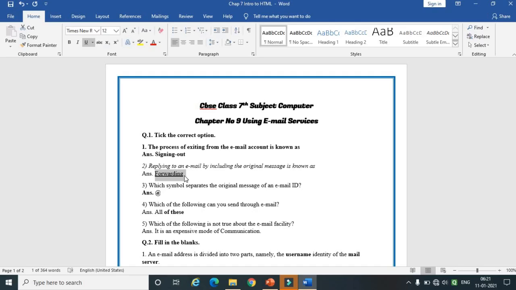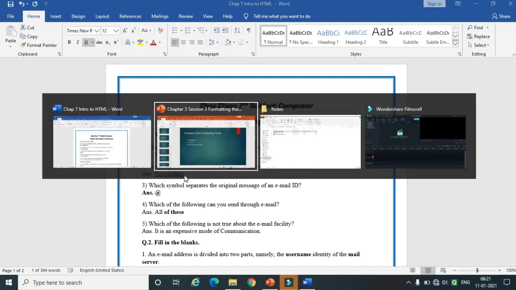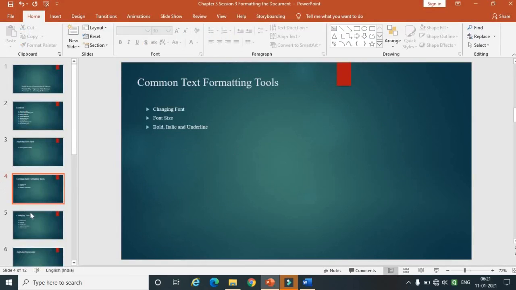For bold there is Control B, for italic there is Control I, and for underline you can use Control U, to give underline using shortcuts from the keyboard. Now let's proceed further with the next point, that is